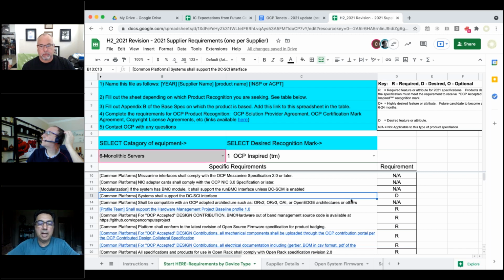Bill, as you crafted this spreadsheet, are you targeting products to be included here or base specifications also? This was for products.